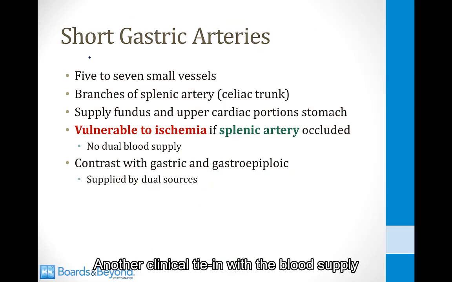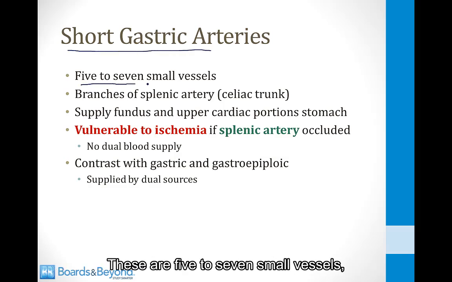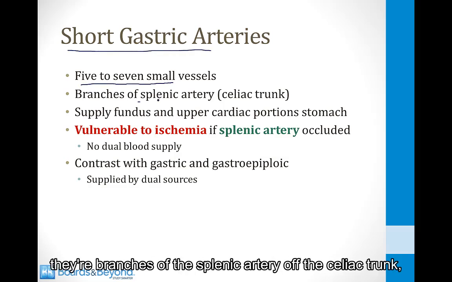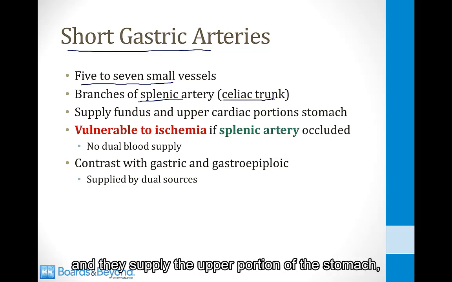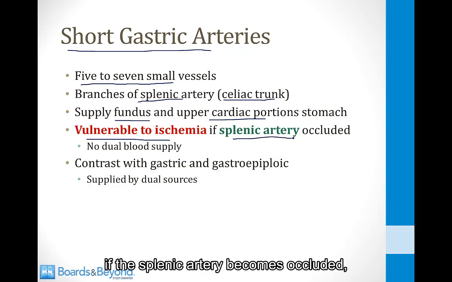Another clinical tie-in with the blood supply to the stomach has to do with the short gastric arteries. These are 5 to 7 small vessels. They're branches of the splenic artery off the celiac trunk, and they supply the upper portion of the stomach, the fundus, and the cardiac portion of the stomach. I'll show you that in a minute. And they're vulnerable to ischemia if the splenic artery becomes occluded because unlike other parts of the stomach, this does